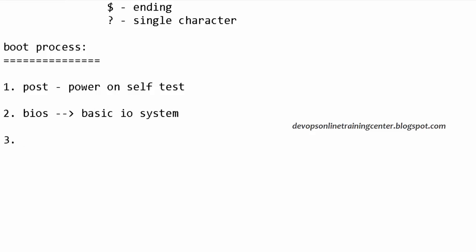Then there are a lot of other phases it goes through. This BIOS is like the system settings. You can go to the boot menu and check what options are available in the BIOS menu. For the first time, if you want to virtualize your hardware, we need to enable the virtualization capability. That is there in BIOS. You go to BIOS settings and enable the virtualization capability. By default, it's disabled. You need to enable it, and only then does virtualization work. So that is basic IO.